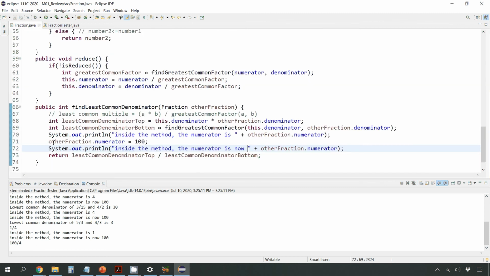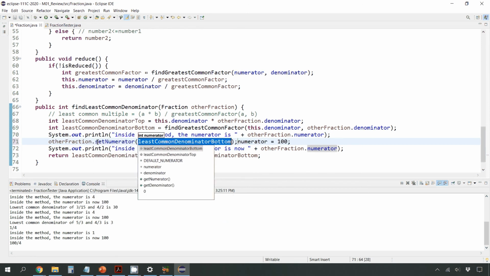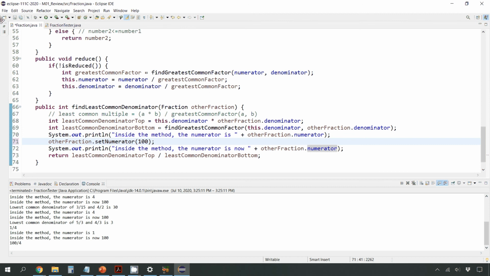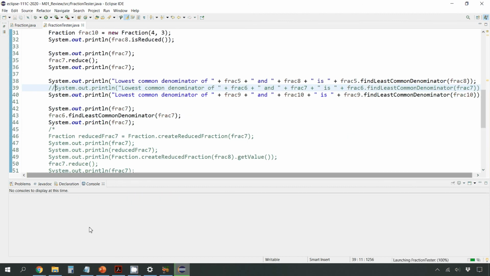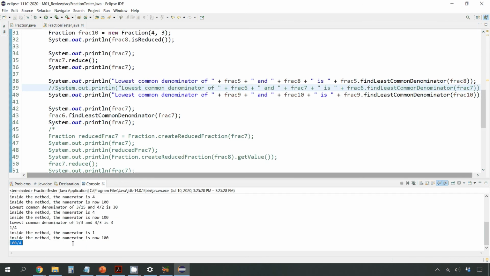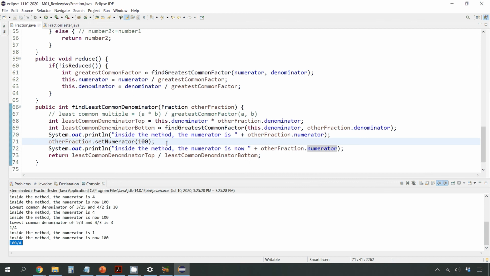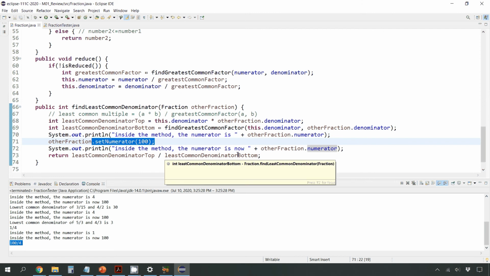If you modify things, if you put that object instance data variable on the left-hand side, this would also be the same if I said, set numerator to 100, same thing. That object will be modified outside the method because it's just one object being passed around. So you have to be very careful with that and always think about how that pass by value works in Java. One last thing to think about,